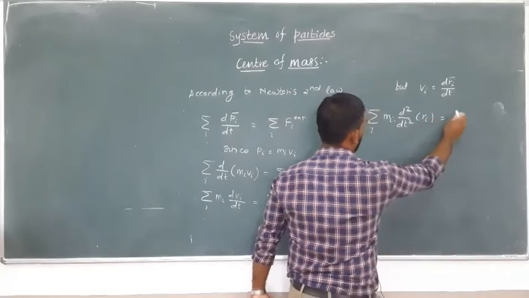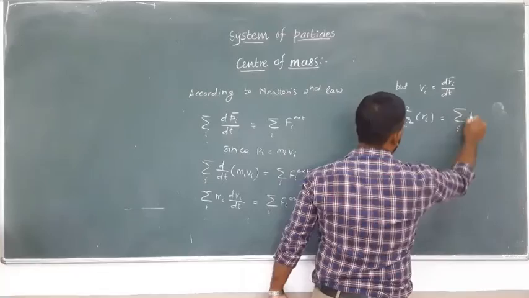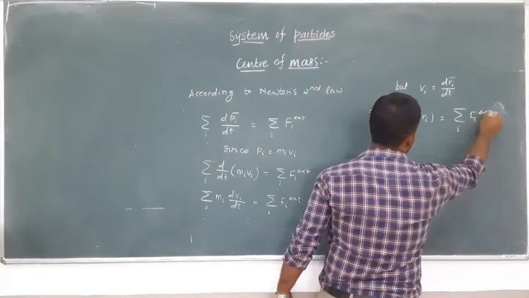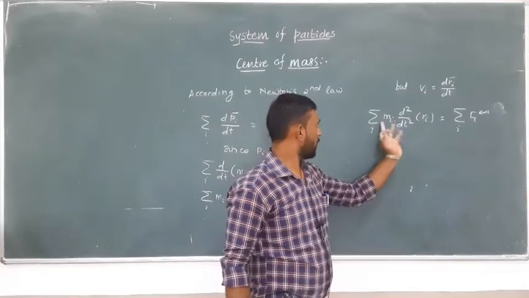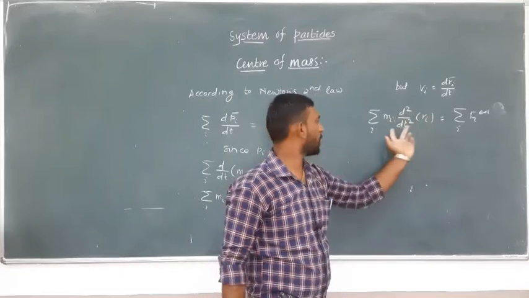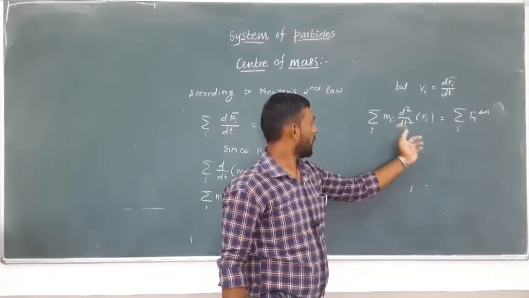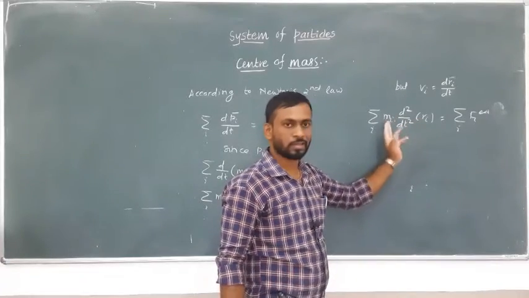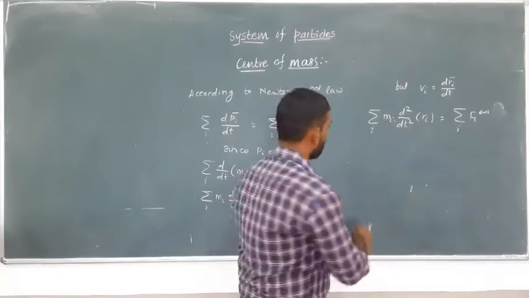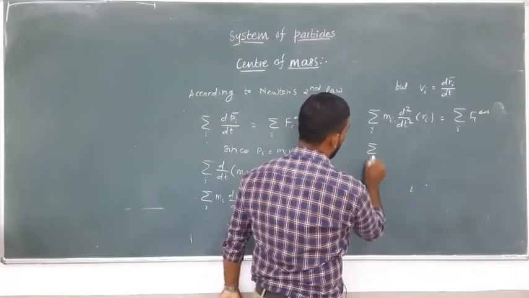R_i is equal to summation over external forces. So can I write this m_i into the derivative parts? Of course, because there is no such t dependence on this m. Since I can write this over here, there is no change in the equation. So if I write this equation as